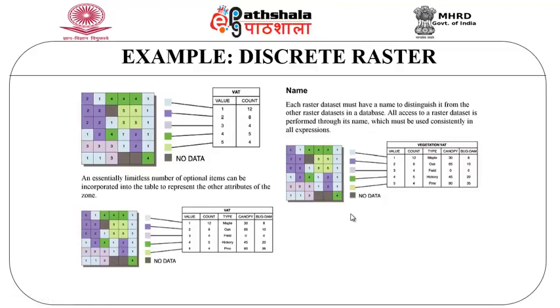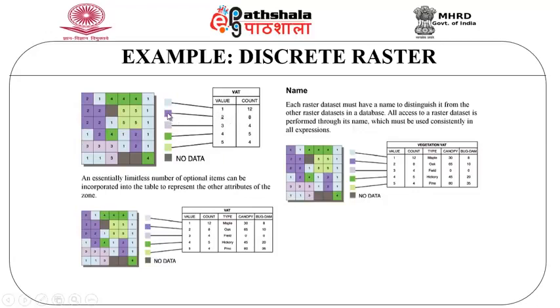Some other examples of discrete raster are mapping the values onto a table. Here we can see that there are various values. As I said earlier, these kinds of raster data are represented by individual pixel values. In the table, they represent the value of each pixel and the count of each pixel value. Here if you see this light color data set which has a value of 1, there are 12 counts, 12 such cells.